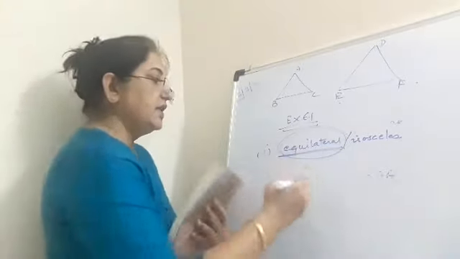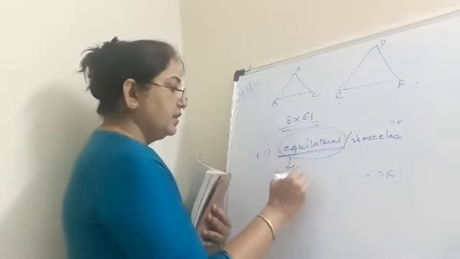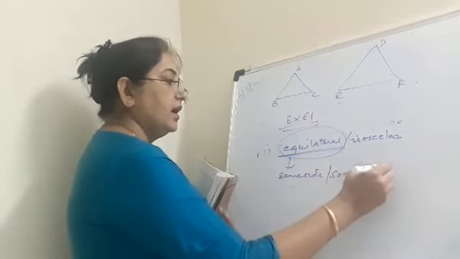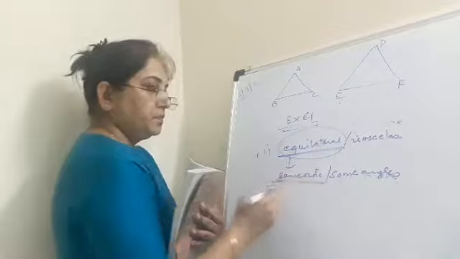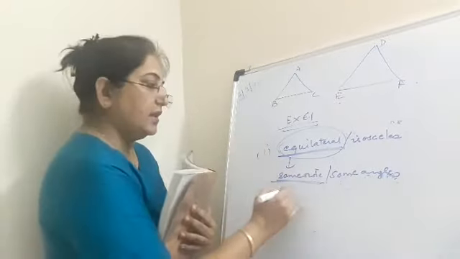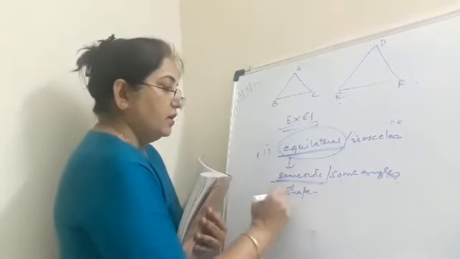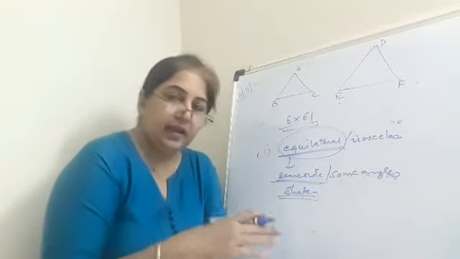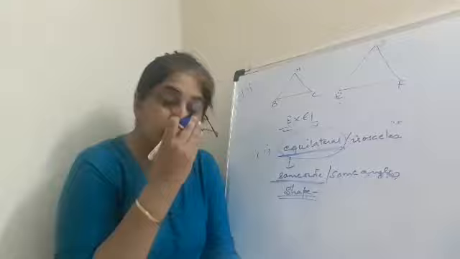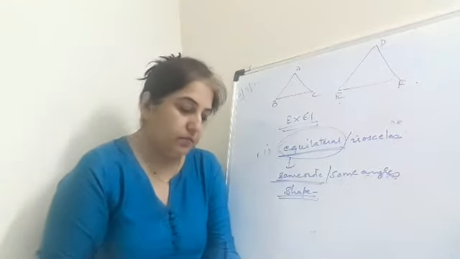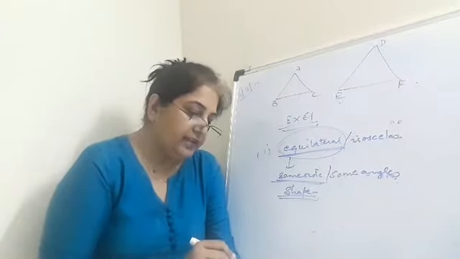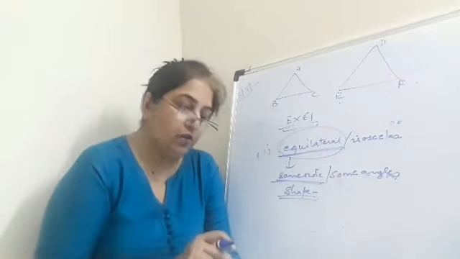Equilateral, because they have same sides, right, and same angles. Okay, and same sides means equal sides. We can say it will have the same shape. So we have to mainly focus on the shape of the figure and the angles of the figure when we are talking about similar polygons.